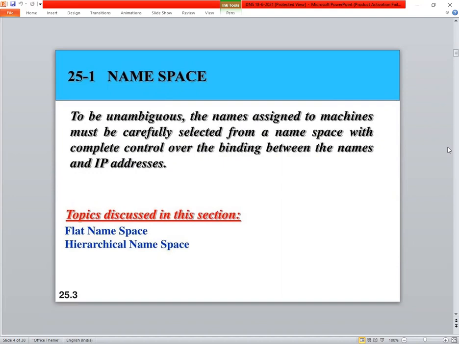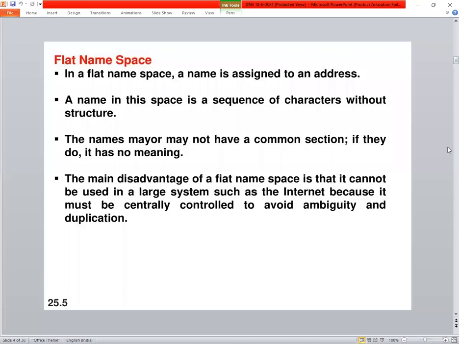So according to the flat namespace, what is happening in this? In a flat namespace, a name is assigned to an address, and it is a collection of characters.